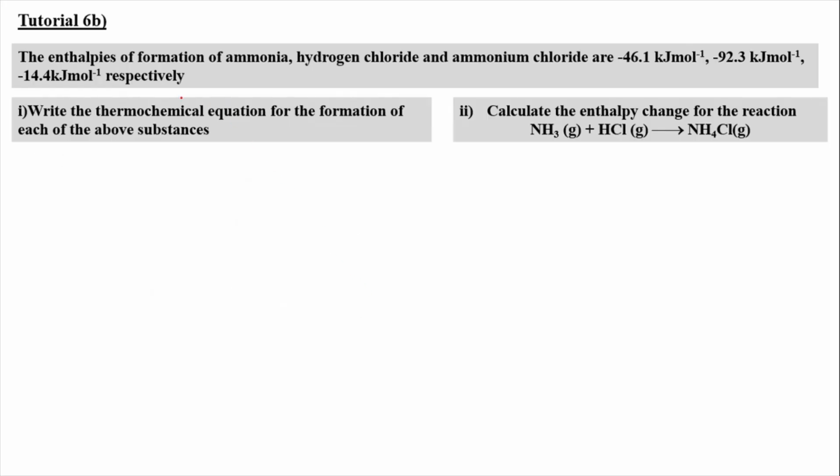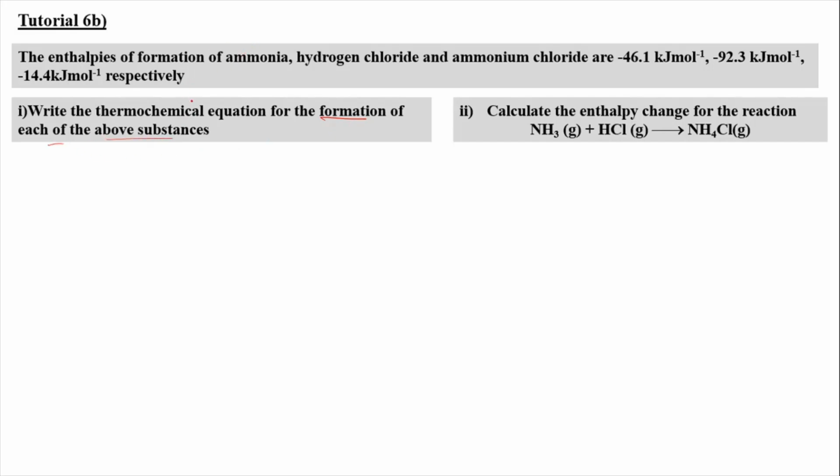So for question 6b, the enthalpies of formation of ammonia, hydrogen chloride and ammonium chloride are negative 46.1 kilojoule per mole, negative 92.3 kilojoule per mole, and negative 14.4 kilojoule per mole respectively. So for the first question, we have to write the thermochemical equation for the formation of each of the above